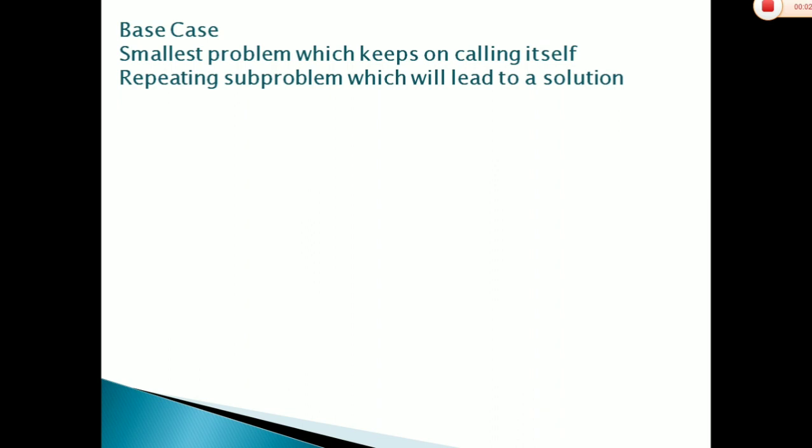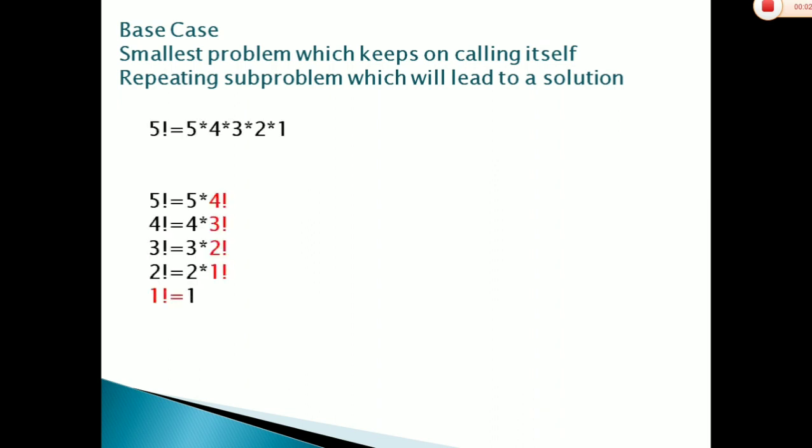Okay, let's see what I am trying to say. There it is 5 into 4 into 3 into 2 into 1. So it is 5 factorial. But if we recognize the pattern, when we have to calculate 5 factorial, it is 5 into 4 factorial. And then 4 factorial is 4 into 3 factorial. Then 3 factorial is 3 into 2 factorial. And 2 factorial is 2 into 1 factorial. And 1 factorial is what? 1. Or we can say multiply with 0 factorial, which in return is 1. Okay, got it till here.